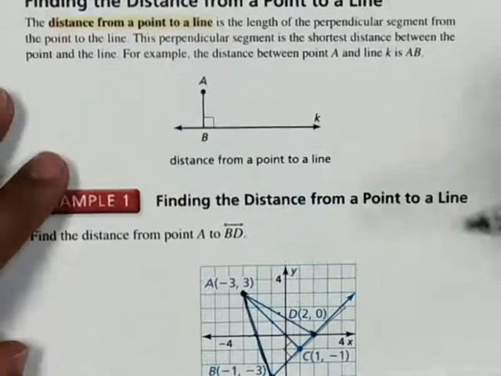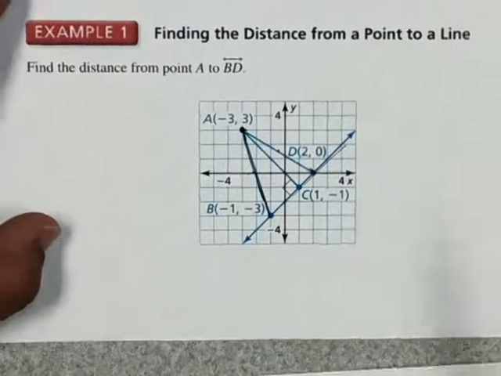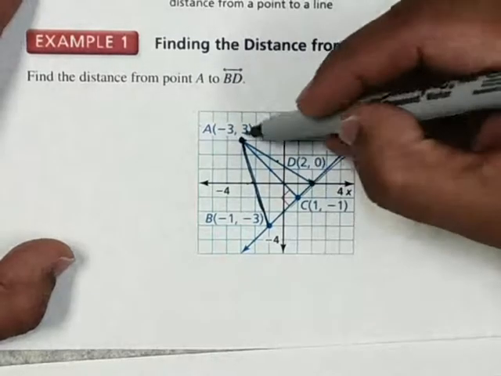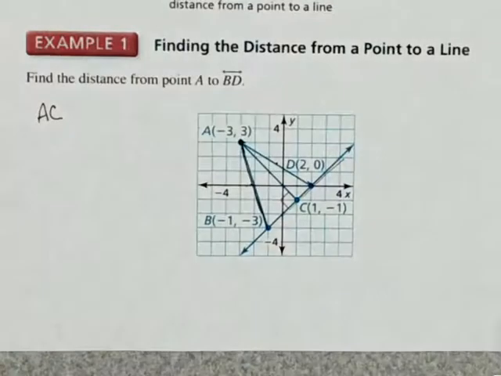So because of this theorem, or this definition, I guess you should say, we know that the one I want is the length of AC,